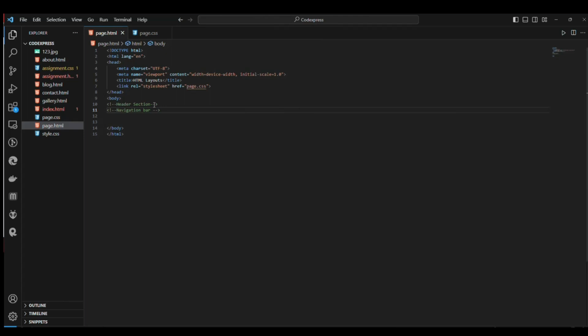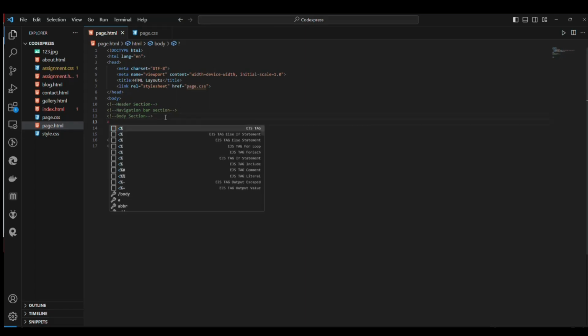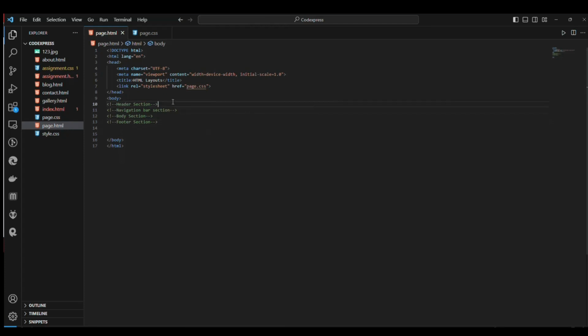I'll create the body section. And then I'll create the footer section. These are the four sections we're going to create. So let's get started. So first, in the header section, I'm going to create a header,